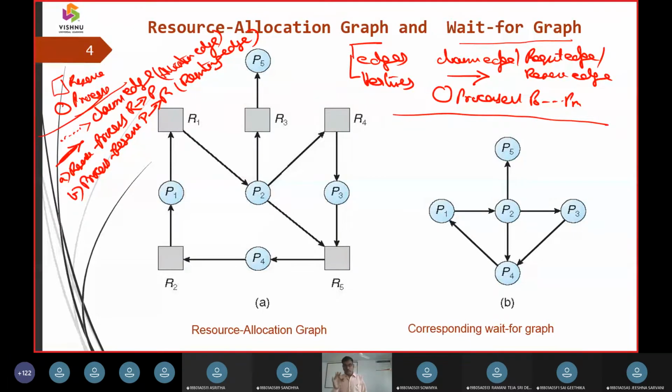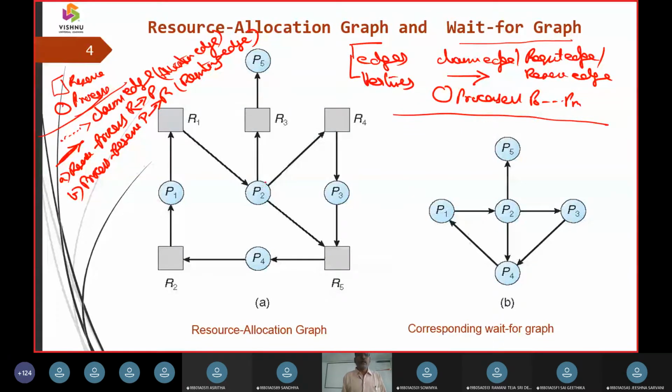Then the processes are going to be represented as vertices. So this is the first foundation. A claim edge is going to be represented in dotted form, and either resource to process or process to resource, either an allocation edge or a requesting edge, is going to be represented using a dark line. Now let us analyze this graph here.